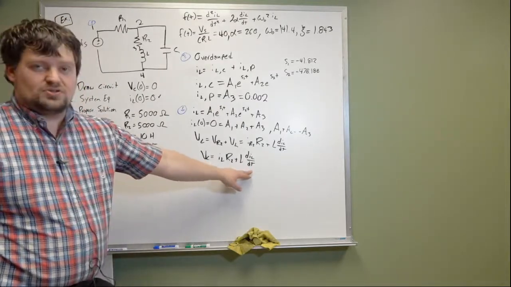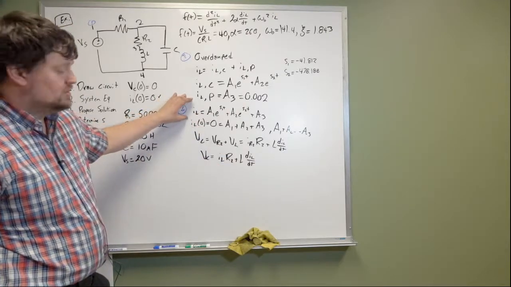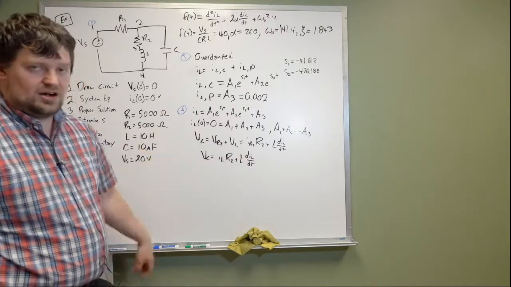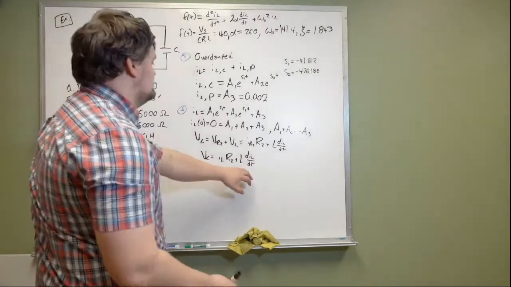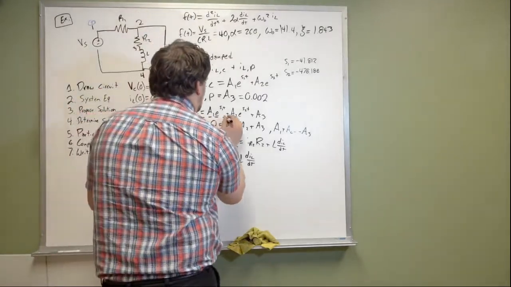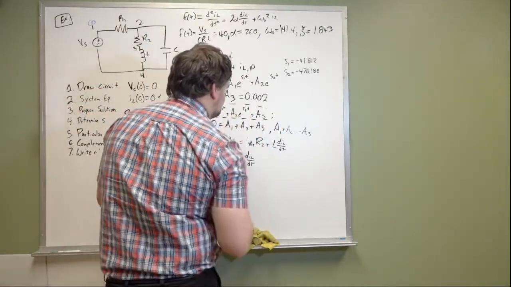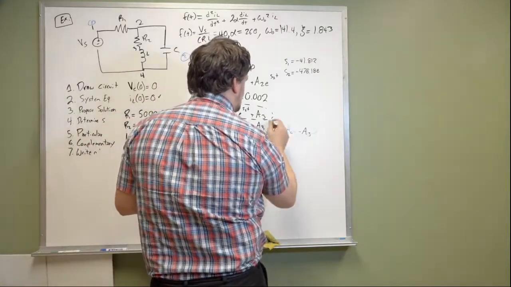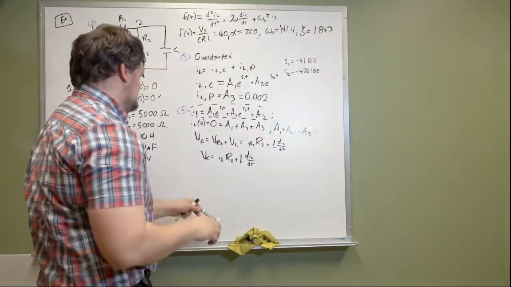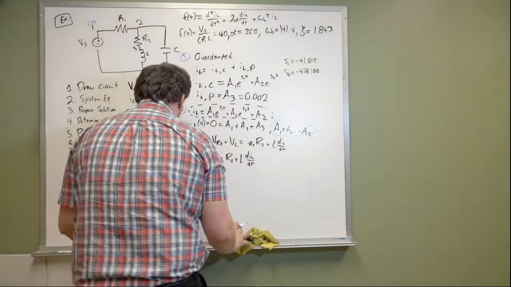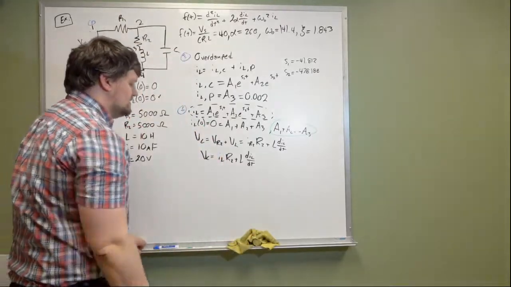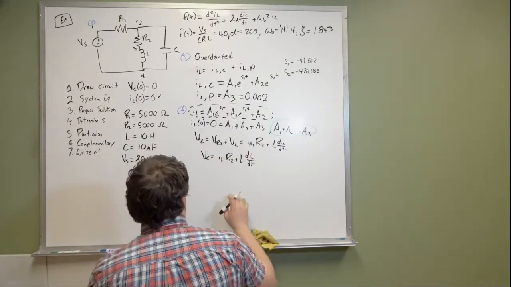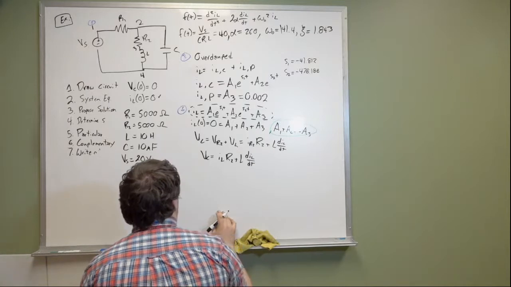So we will need to take the derivative of this equation, multiply it by L, and add it to this equation multiplied by R2 to get our VC value. So let's find out what dIL dt is. And we'll go back again. Here's what we have. I'm actually going to circle this because this is our first equation that we got from step 6. We're looking for a second equation. Second equation is going to be using this second initial condition, which is why we're trying to solve for VC in terms of IL. So, okay, we have,